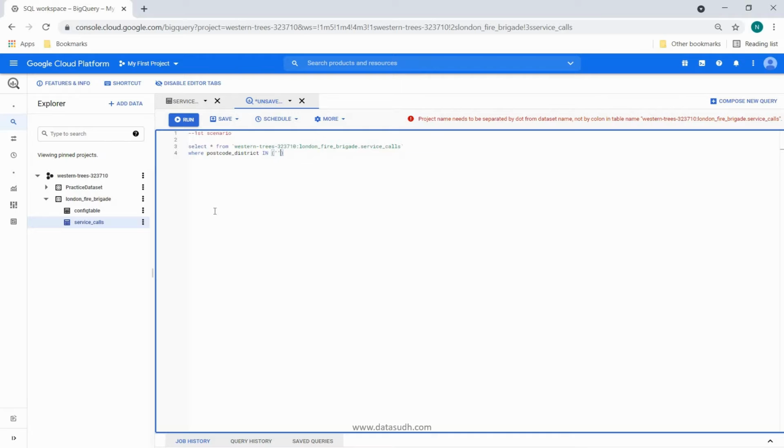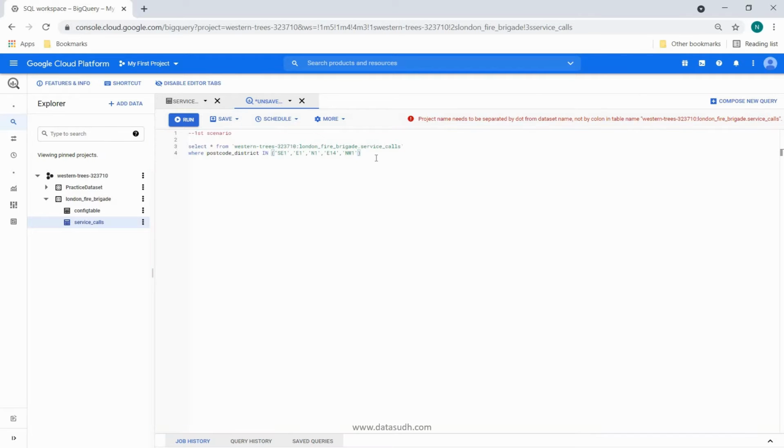Now I can provide the multiple postcode values. For example, SE1, then I can provide E1, then N1, then E14, then NW1. Okay, so if I run this now,